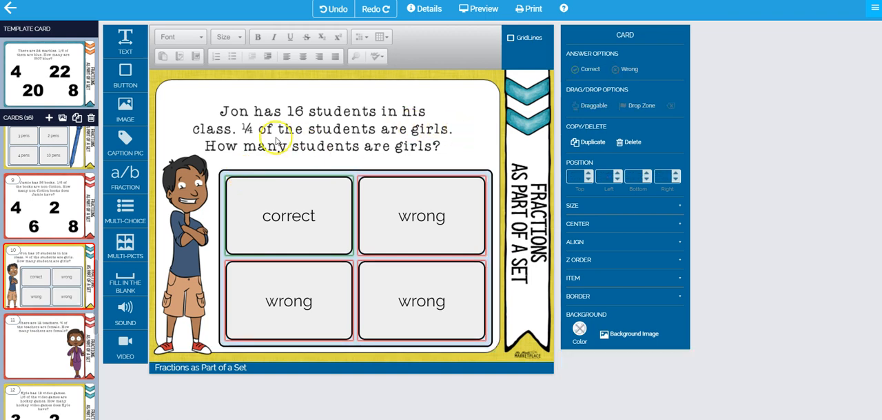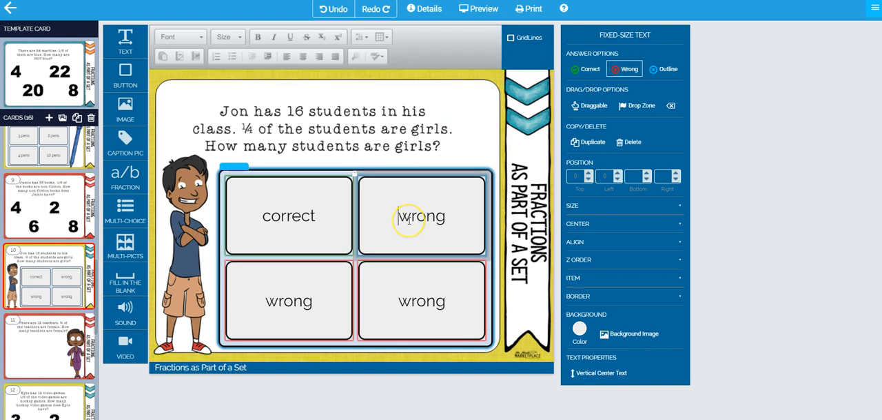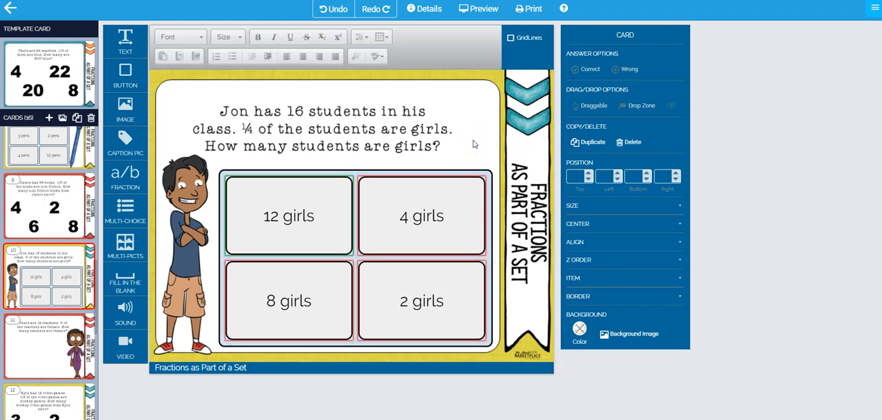Okay, so this one, 16 students in the class, 1/4 of the students are girls. How many students are girls? Okay, so 4 of them are girls. So I'm going to say here 4 girls. We'll put a couple other answers in there as well. So we'll do 12 girls. Let's see. Okay. All right, so now that we have all 4 of those in there,